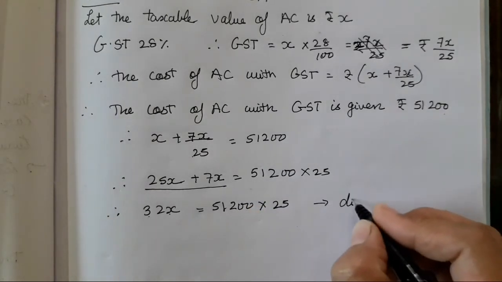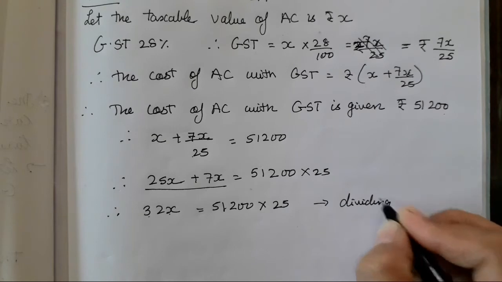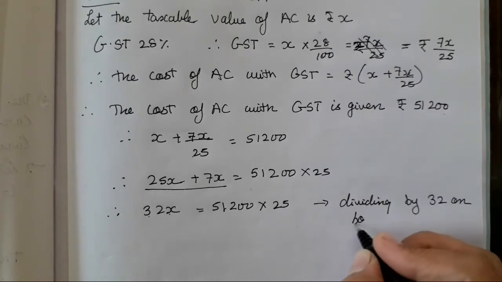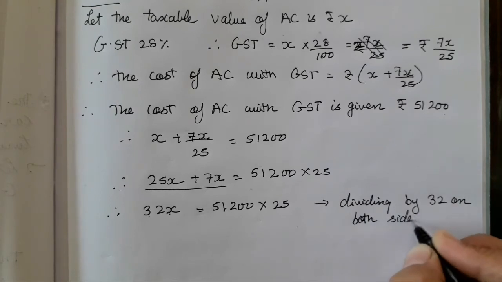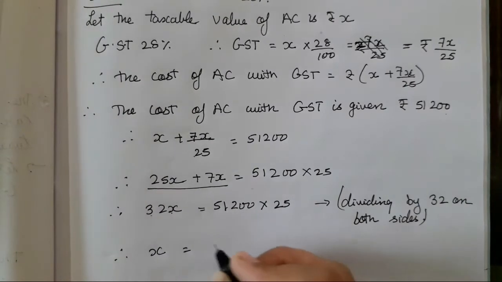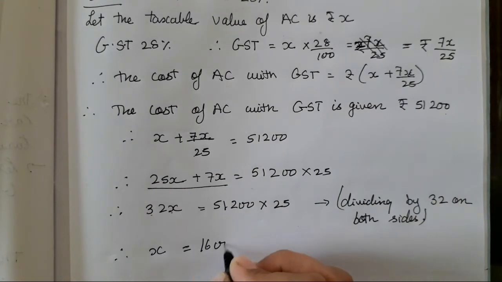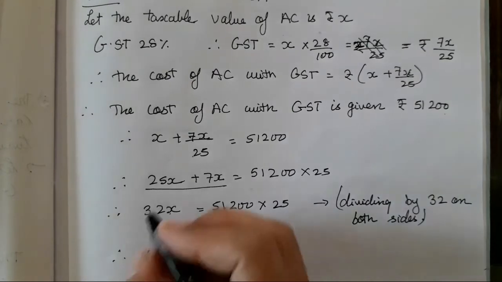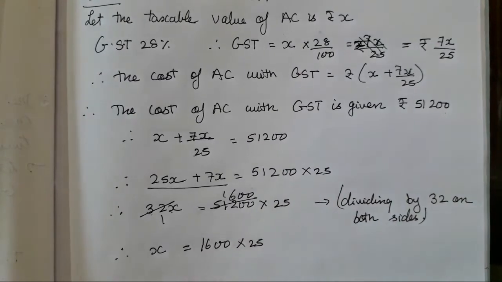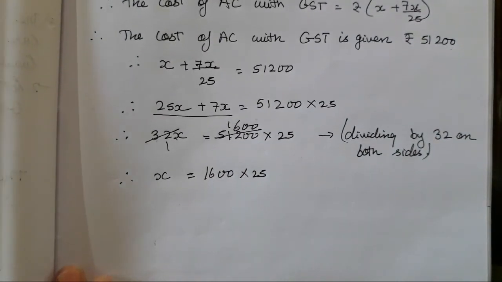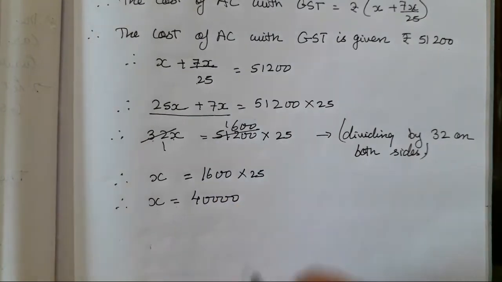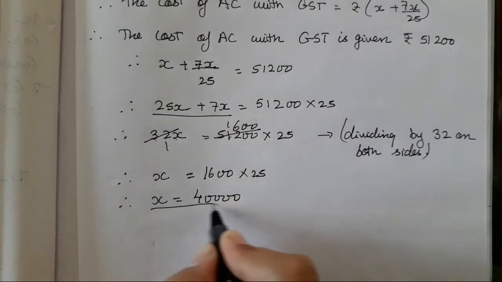So this is going to be dividing by 32 on both sides. Okay, so from both the sides we have to divide it with 32. So the answer is going to be X equals 1600 into 25. Okay, so 32 ones are 32, 1600. Got it? In this way you all have to reduce it and show it. Multiplication is also going to give you the same answer, don't worry, but it is going to be a long form. Now we have got the X, children.